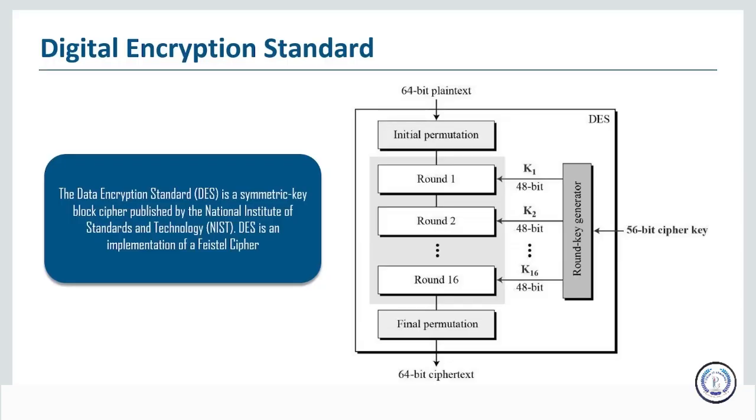One thing that caused a little bit of controversy was that during the process of selection, the NSA requested some changes, and it hasn't been particularly clear what changes were requested by the NSA. There has been speculation that the NSA was requesting a backdoor into this encryption standard, which would allow them to look at encrypted messages in the clear. So basically, it would always give the NSA the ability to decrypt DES encrypted messages. It remained the encryption standard for the next couple of decades or so.